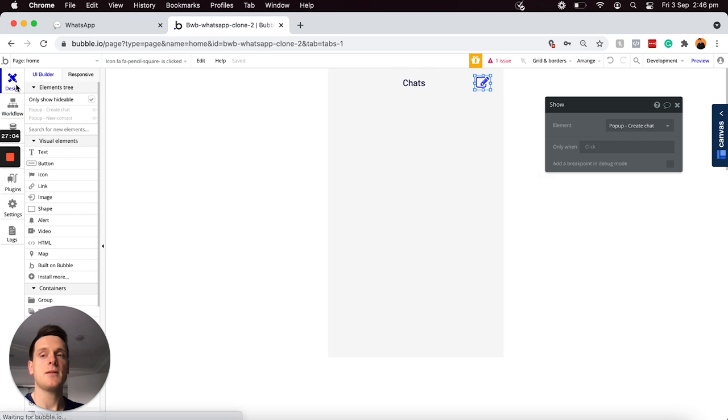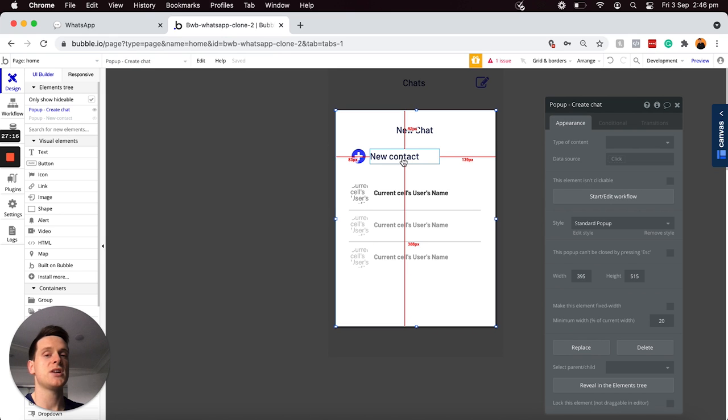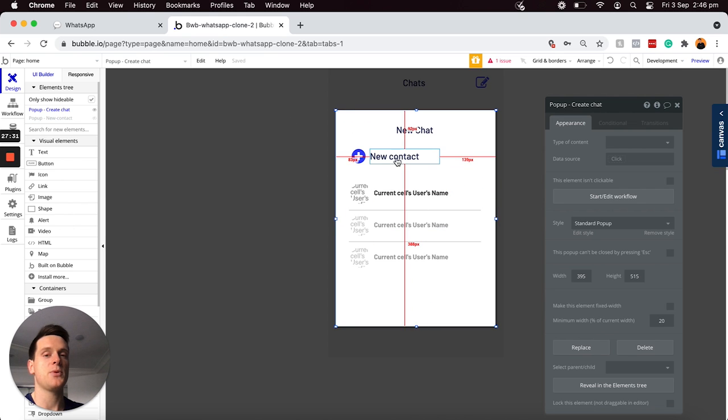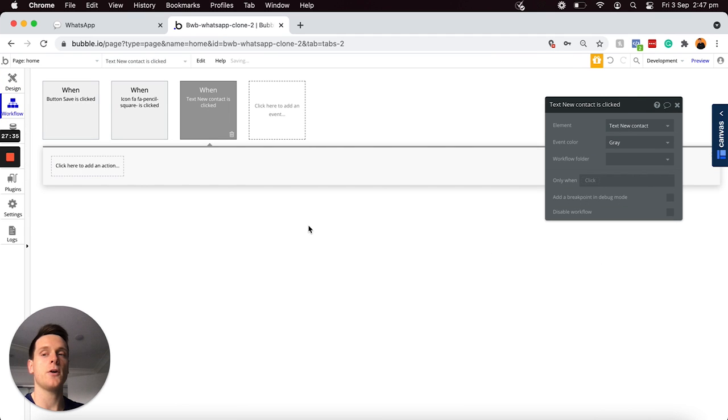And then back in my design tab again, I'm going to need to open up our create chat pop-up here, because I'll also need to create a workflow when this title here is clicked. And within that workflow, I'll be hiding our current pop-up here, and then I'll be displaying the create contact pop-up. So I'll open up the chat pop-up, I'll select the title here, I'll choose to start edit a workflow, and